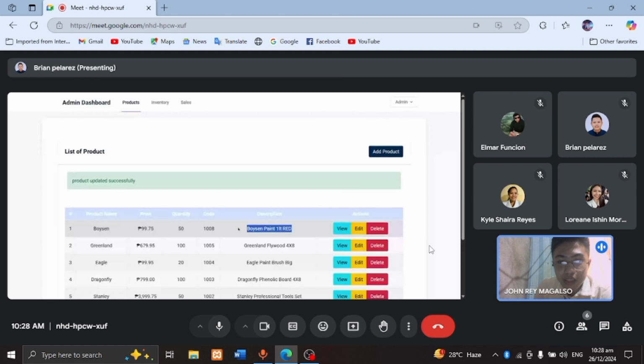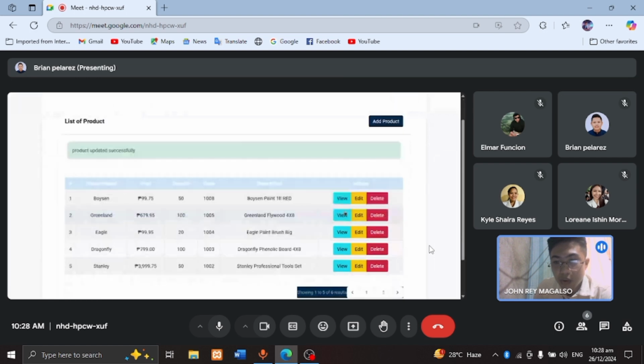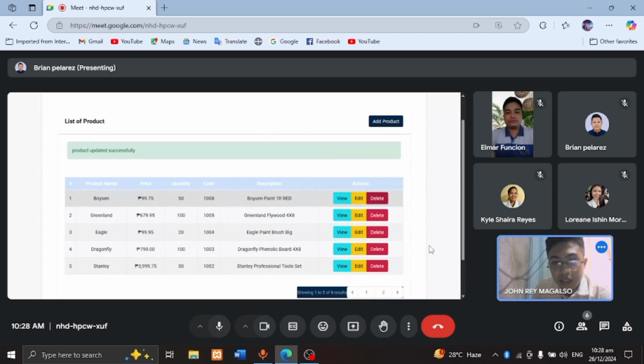Then with delete, you can delete the whole row. That's all.